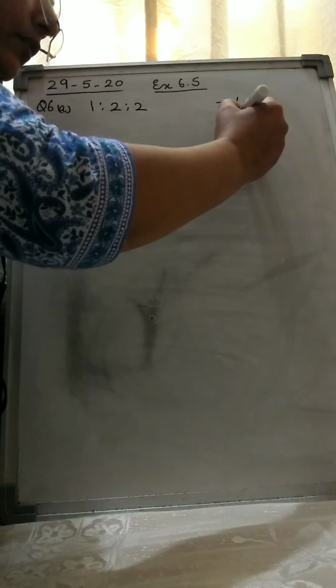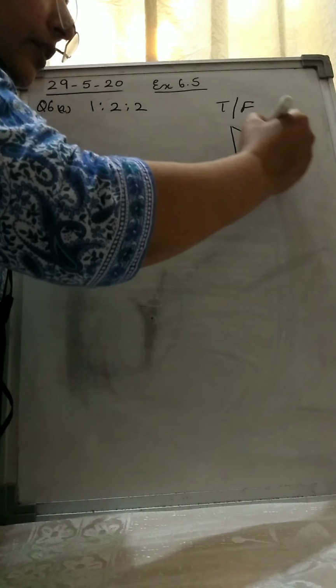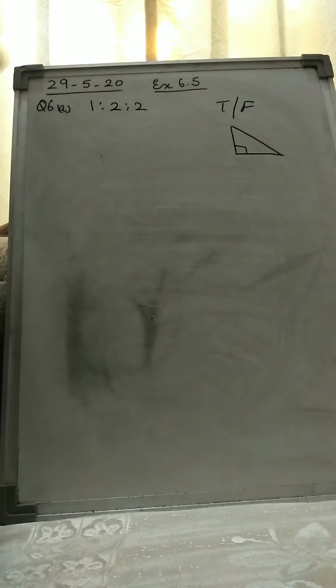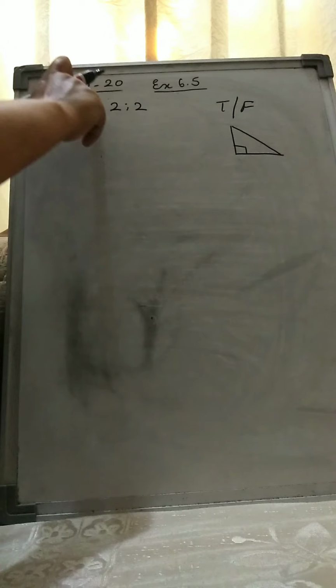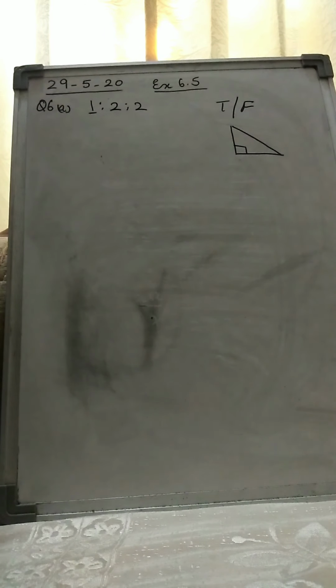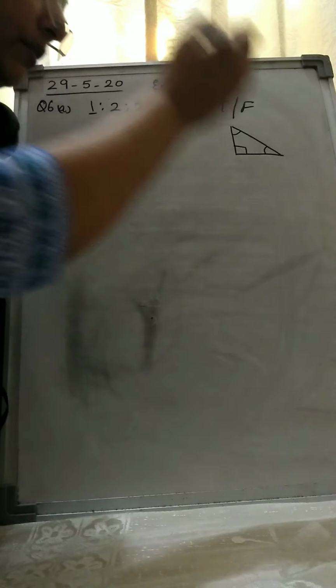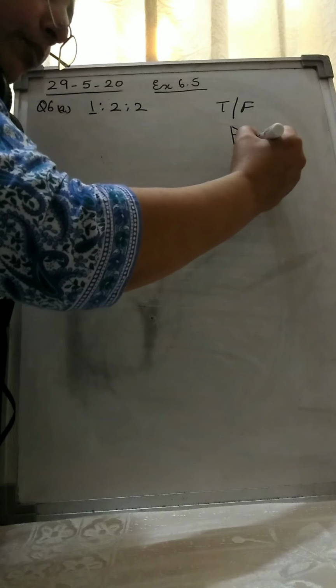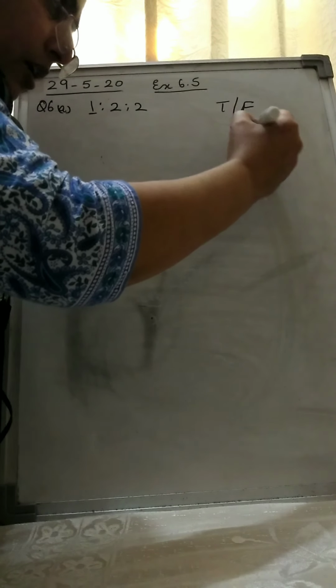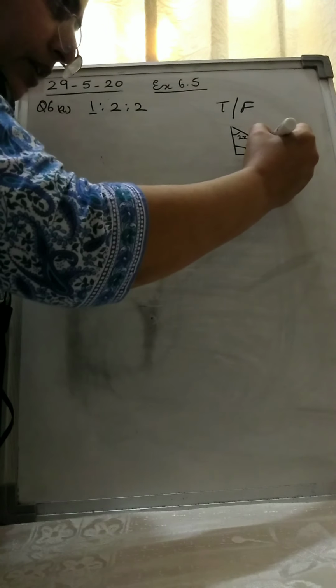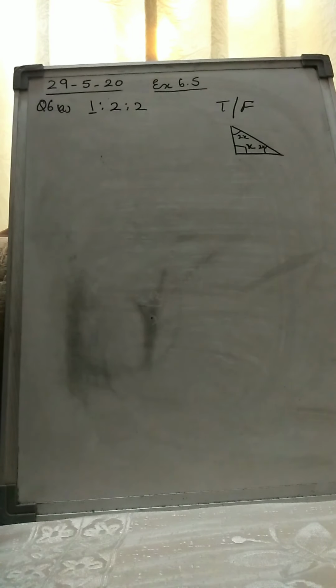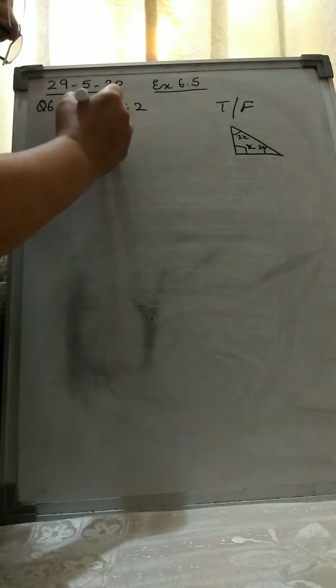Now, they have asked for a right angle triangle. Even if I say two angles are equal, this angle is different, this is going to be 90 degree. Okay, these two angles are going to be equal. Suppose I write here x and this is 2x and this is 2x, means this is an isosceles right angle triangle. And we know that the 90 degree angle is going to be the largest one.